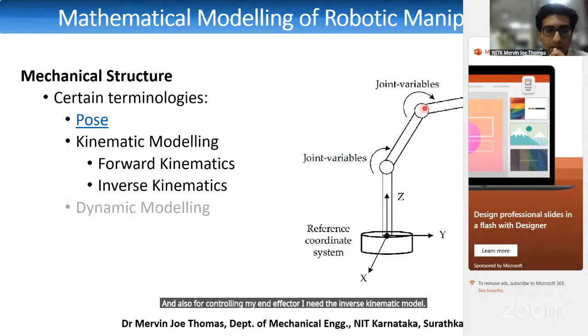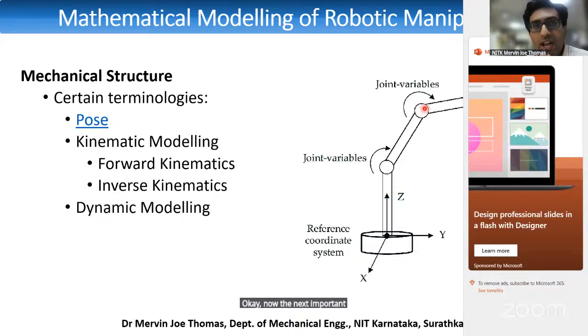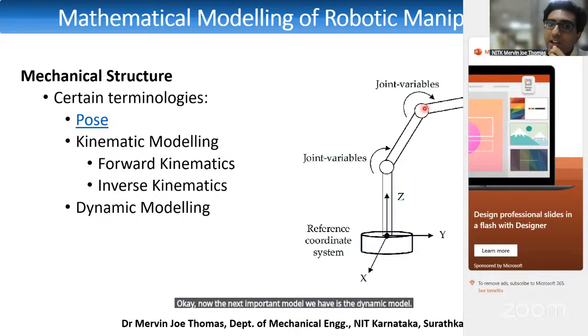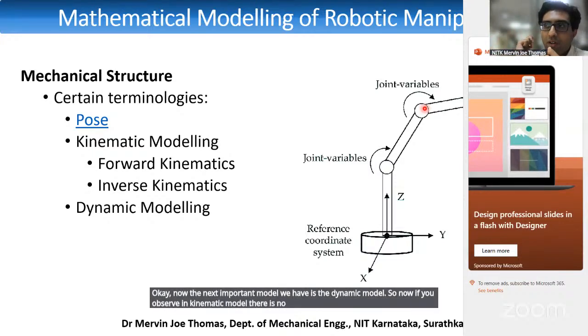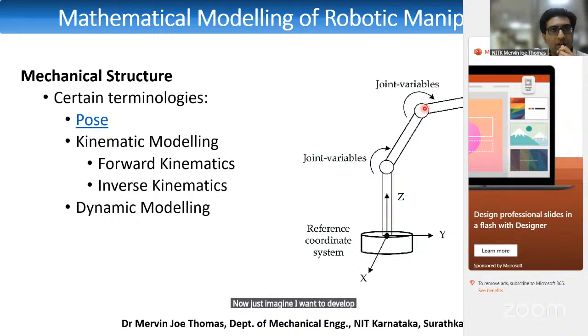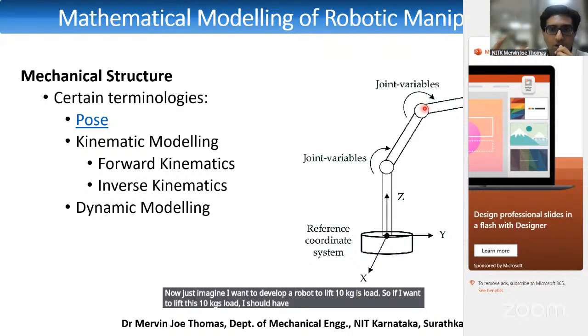Okay. Now the next important model we have is the dynamic model. So now if you observe in the forward kinematic model, there is no effect of joint forces or joint torque coming into the picture. Now just imagine I want to develop a robot to lift a 10 kg load. So if I want to lift this 10 kg load, I should have the motors connected